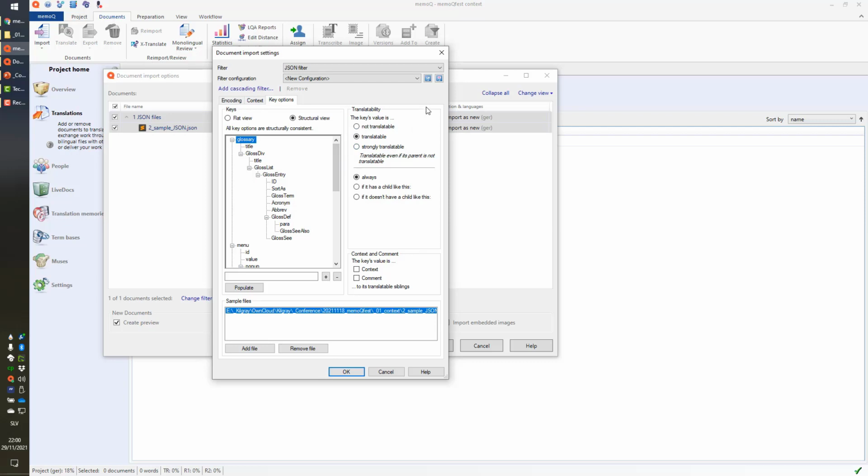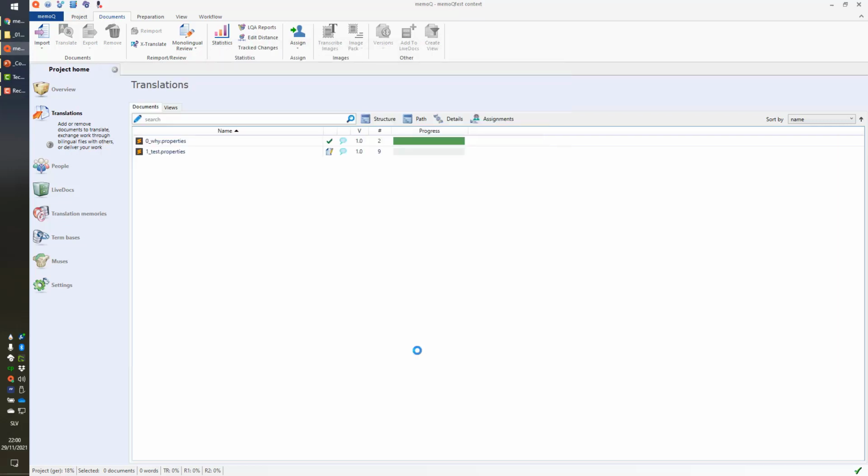And once you figure that out, you can also, of course, save this filter and use it for later. You can also then use cascading filters if you want to lock some additional parts, like variables maybe. Click on OK, OK, and this will be now our JSON file,